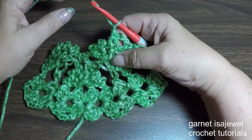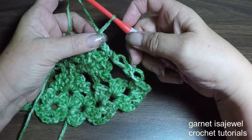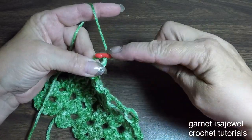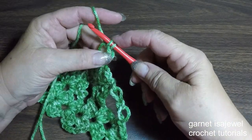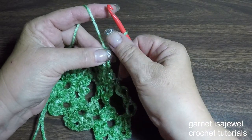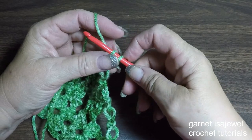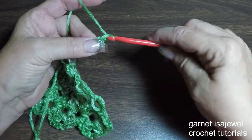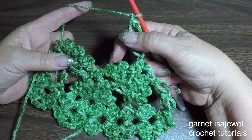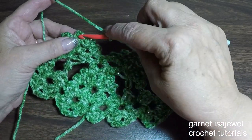Let's go on to our next long chains right here. Okay, so stretch it, pinch it, pull up a loop, hook through the center, pull up your second loop, yarn over and through both loops. Pinch it, thumb, draw up your second loop through both loops, chain 1. That kind of helps lock that last stitch there. Okay, so skip 1, 2 picots, skip 1, 2 on the next cluster, and up here at the third one,